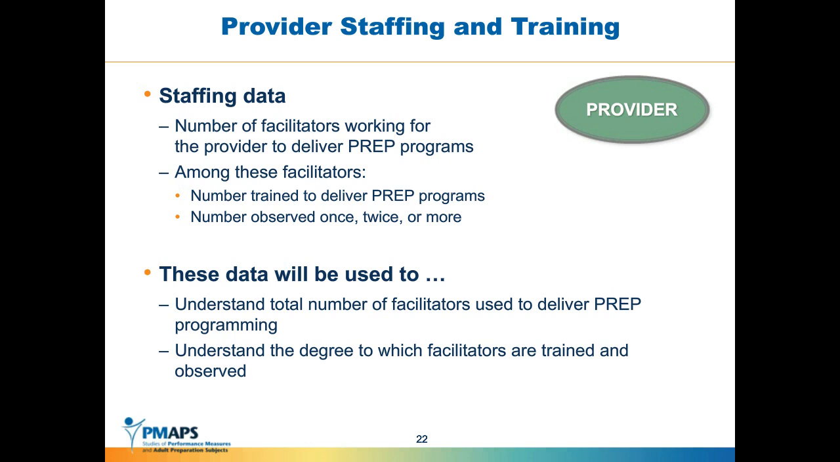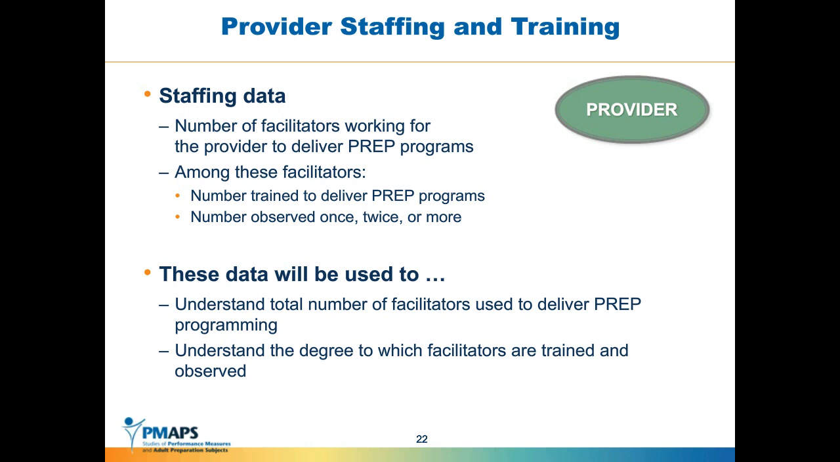That is, among the total number of PREP program facilitators who provided programming to youth during the federal grant year, you will indicate the number who were observed exactly one time during the period and the number that were observed 2 or more times during that reporting period. Now, for this measure, information about the person or organization who conducted the observations is not needed. We simply want to know whether the